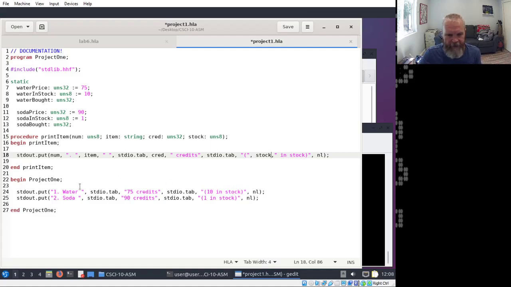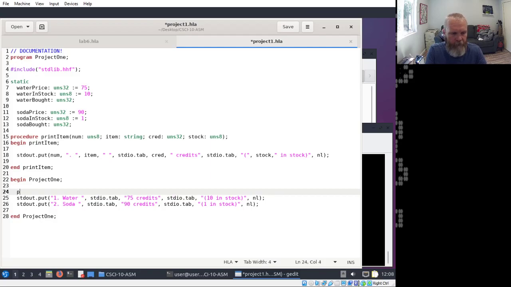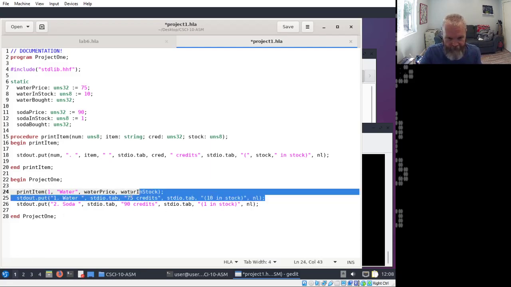So now I can say, and you may decide this is totally not worth the trouble, item number 1, which is water, which uses the water price, and which uses the water in stock. So that replaces that one.